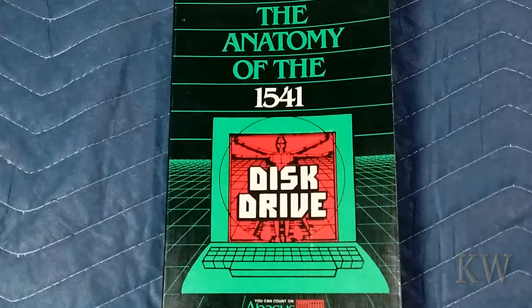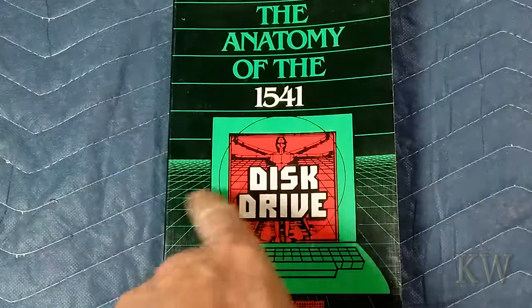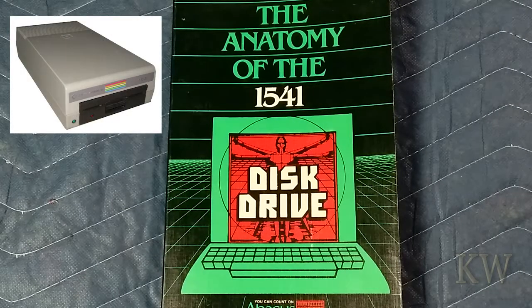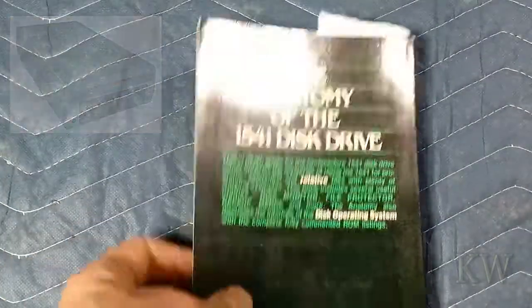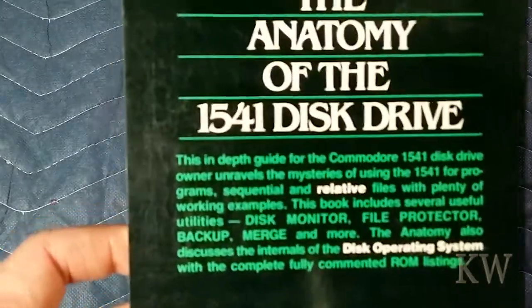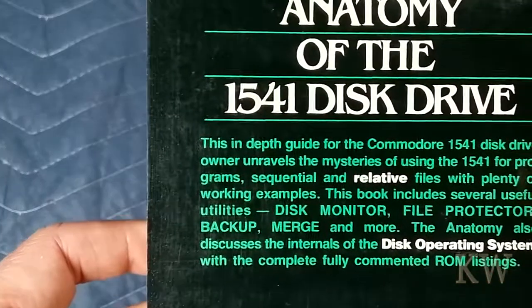Today we're going to look at, yes, a book. The Anatomy of the 1541 Disk Drive. This is for the Commodore 64 1541 and for the VIC-20 and the Commodore 128. But what's kind of cool about this book is that it's actually from, I believe, 1984. And you can see it's the Anatomy of the 1541 Disk Drive, and this in-depth guide for the Commodore's 1541